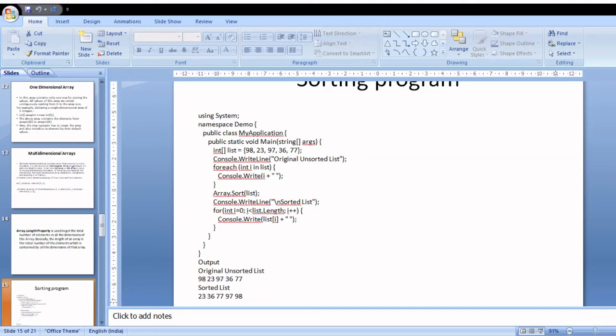Here, instead of making use of the new operator, only the data type, subscript and the variable name have been used, and it is directly being initialized with 5 values: 98, 23, 97, 36 and 77. This is the print statement to print some statement like original and sorted list, and a for each loop has been